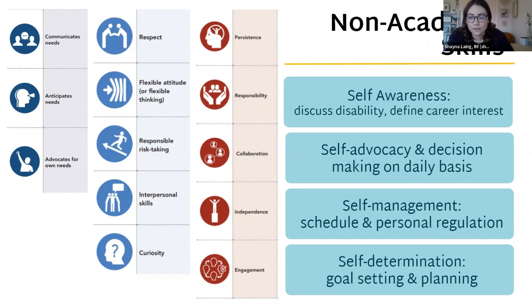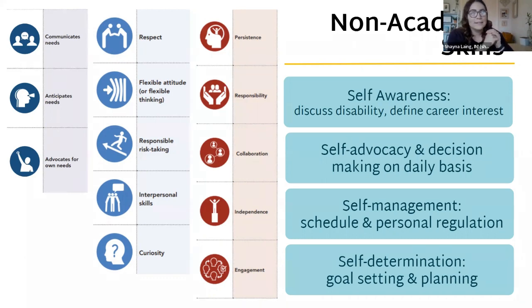educators to help students at the K-12 level understand their disability, not as the only part about them, but as a part about them. So learning how to discuss what that looks like, how does it impact them? How does it make them different and unique? What are their strengths and their weaknesses in accordance with that? And really, that can take place in an IEP meeting where students are able to ask questions and understand what